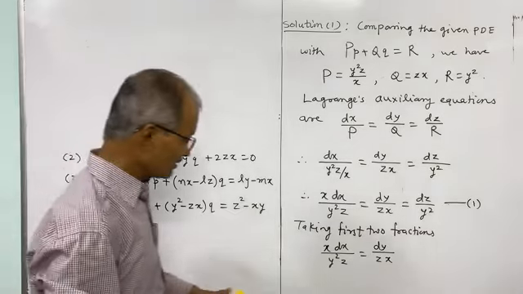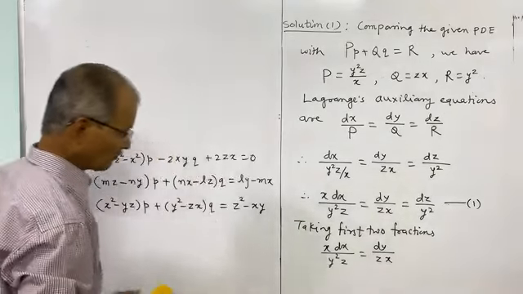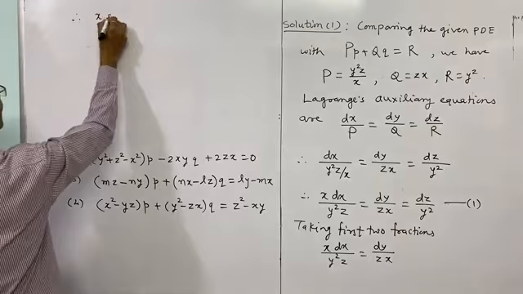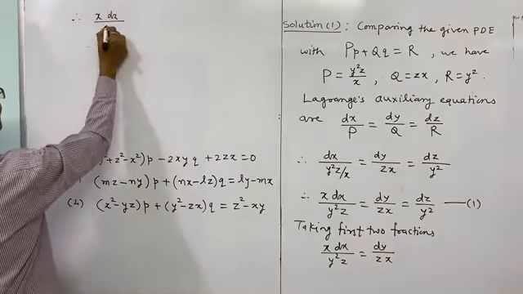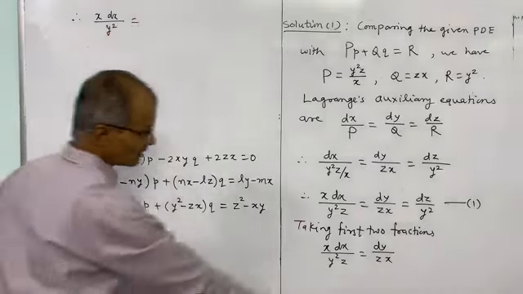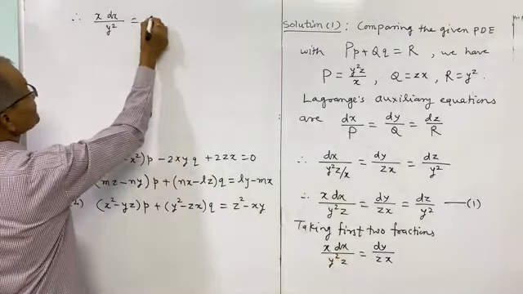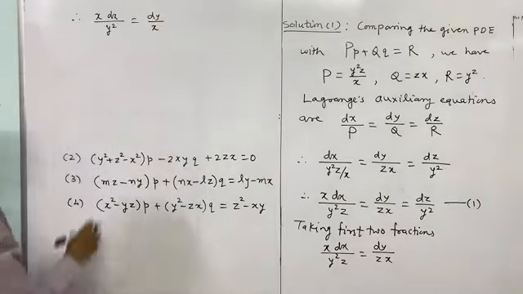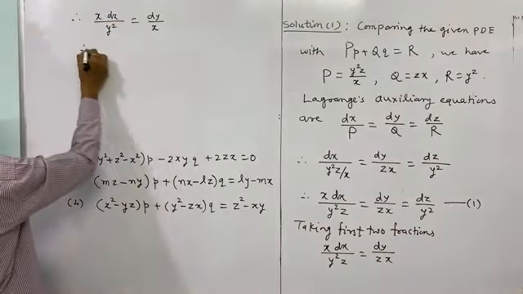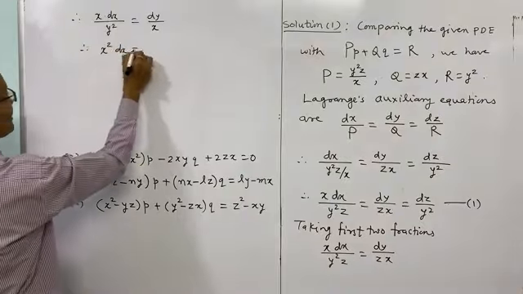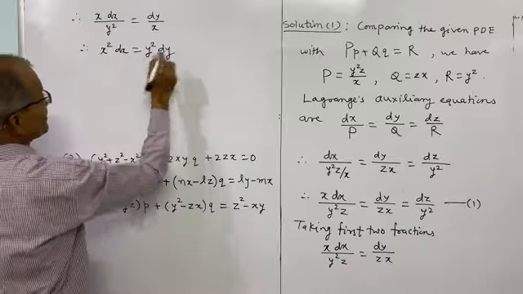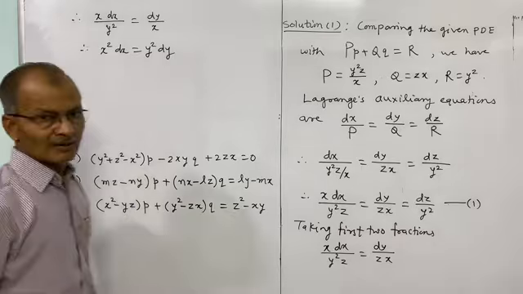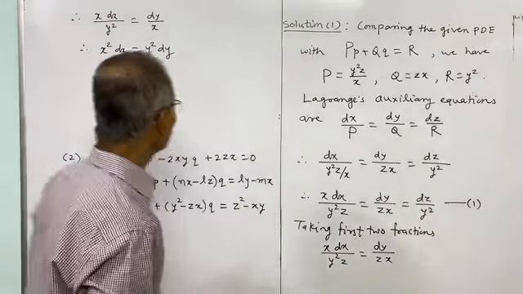Now after cancelling z, or eliminating z from either side, we get x dx divided by y square is equal to, the right side, dy upon x. Now to separate the variables, we can cross multiply. This is x into x, that is x square into dx, and this is y square into dy. So easy to get. And now these are in separate variables, we can easily integrate. Integrating we get